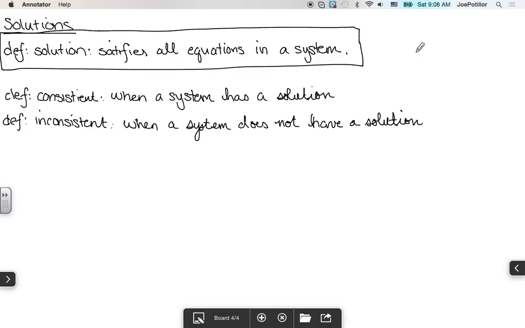Now, visually, to visualize this concept, what do I mean by that? You'll recall from 2 and 3 dimensions that you have lines and planes. So when n equals 2, you have a line, and when n equals 3, you have a plane. Okay, so you'll recall the way this is possible. So with lines,